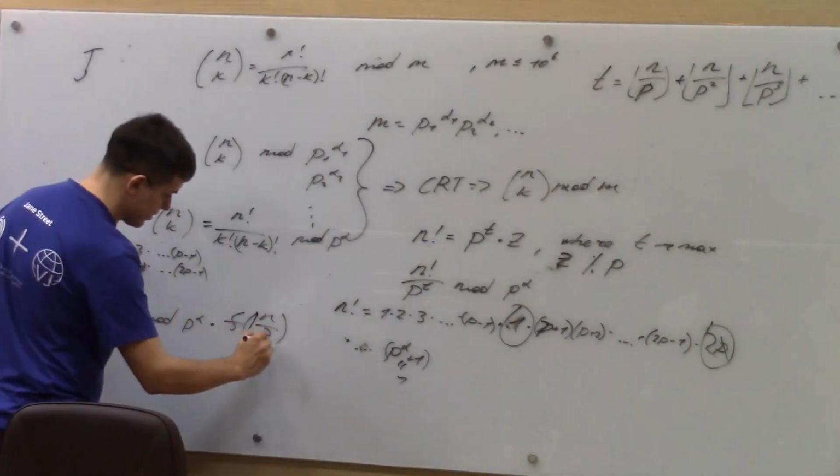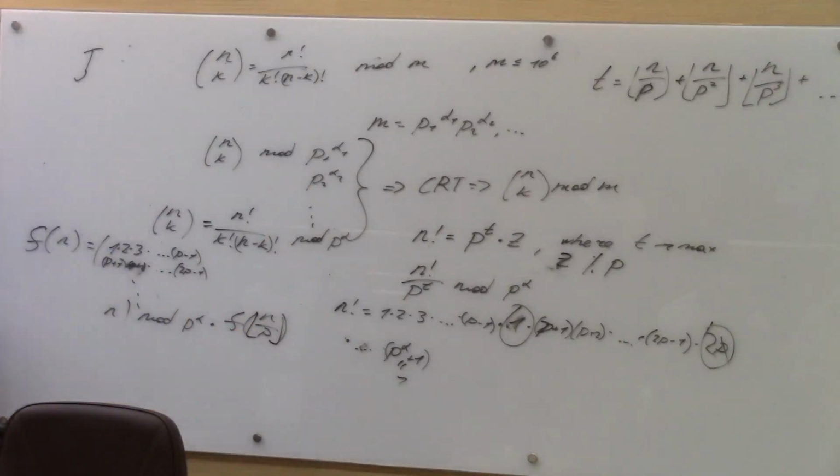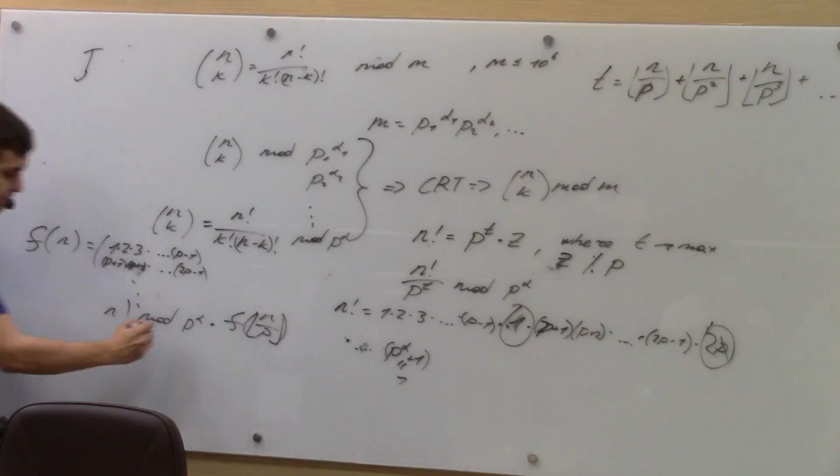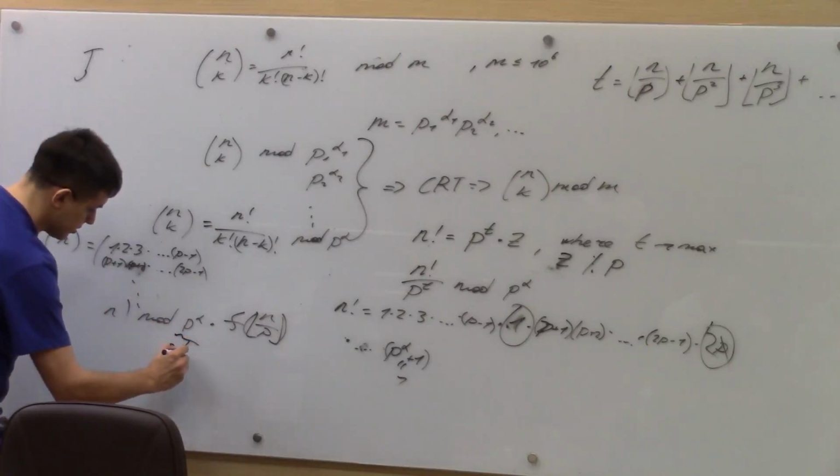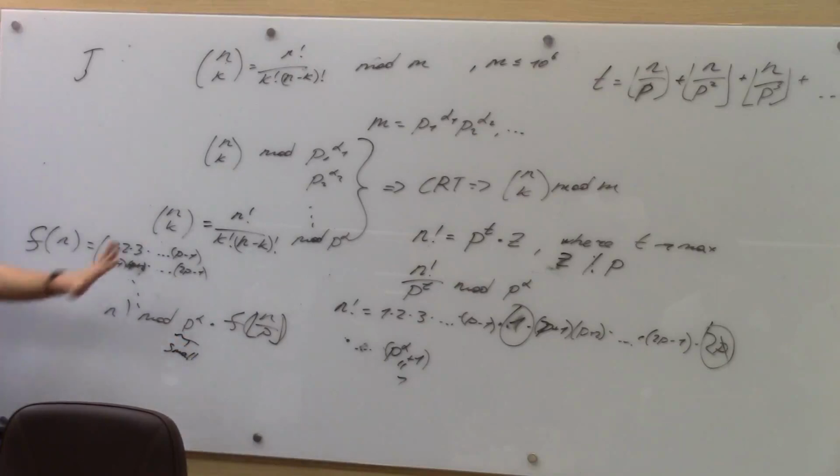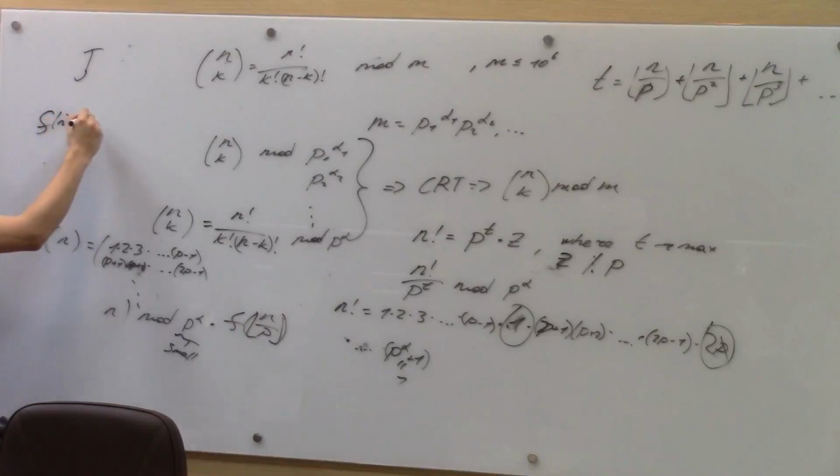Rounded down. And this can be calculated easily because even if n is large, p to the power of alpha is small. So this product is a product of some number of chunks that are the same plus some tail. So we would like to calculate it modulo p to the power of alpha, which is small, and then we can do this. So f of n can be calculated